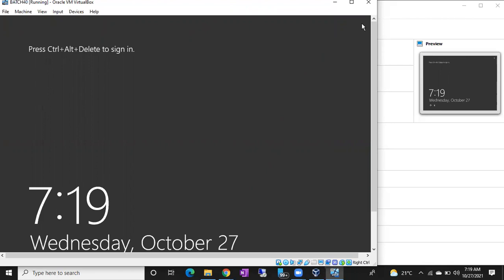Second thing is, in the organization, we are not going to install .NET Framework ourselves. In case you don't have .NET Framework, the first thing you have to do is inform the Windows team. They will attach the software and install it, so nothing to worry here. Sometimes you are not an authorized person and you don't have access to install .NET Framework, so immediately you have to inform the Windows team.